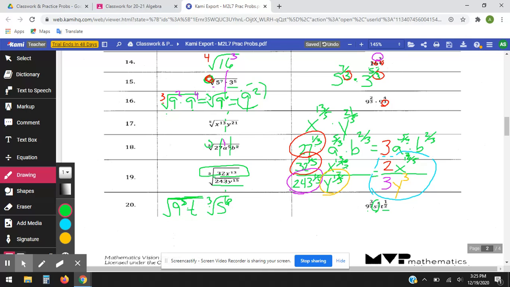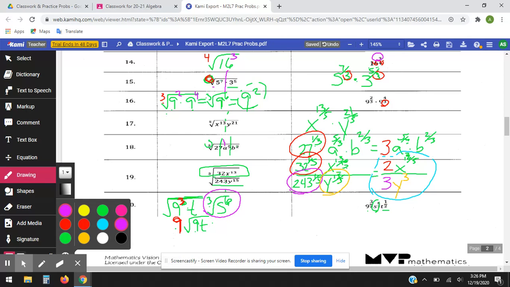Now, if I look at simplifying any of these, I can actually simplify 9. 3 is bigger than 2, and because it's a square root, I can't actually simplify that part. I can say, well, 2 of those can come out to make a 9. And then I'm still going to have the square root of 9 and t, because this is 2 9s, 2 roots of 9, and there's the third root of 9, times